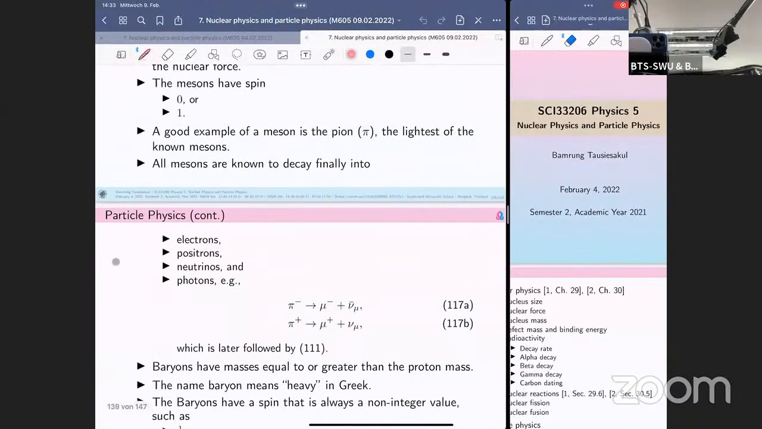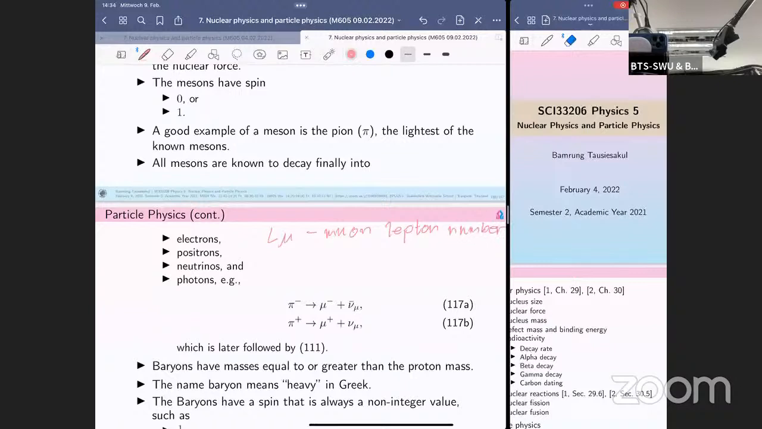For example, we start from pion minus, or typical pion, we would get a muon, and this is the muon and neutrino. If you consider the balance in terms of muon lepton number,